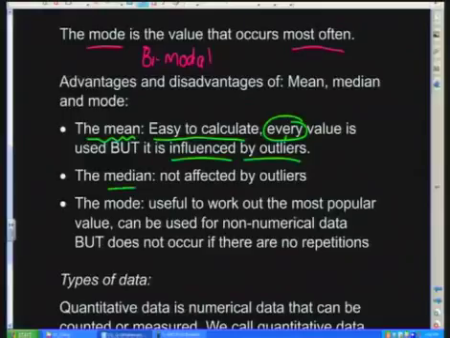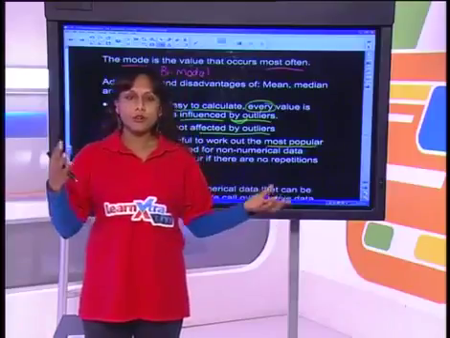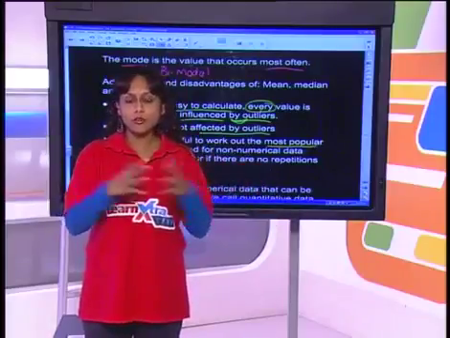The median, however, is not affected by any outliers. All right, it is the middlemost value, so it's not affected by outliers because you're not going to use the smallest and the biggest value to work out the median. All right? The mode is very useful to work out the most popular value. So for example, if you were doing a survey, and we're talking about non-numerical data now, so if you were doing a survey and you wanted to know what is the most popular drink that someone drinks, you know, what is the most